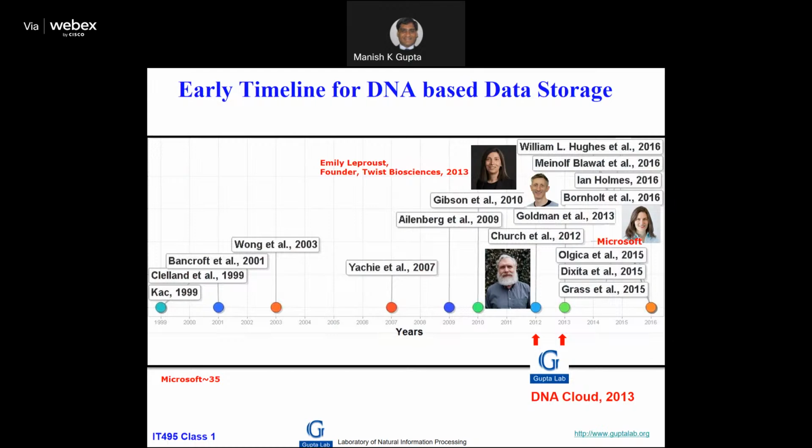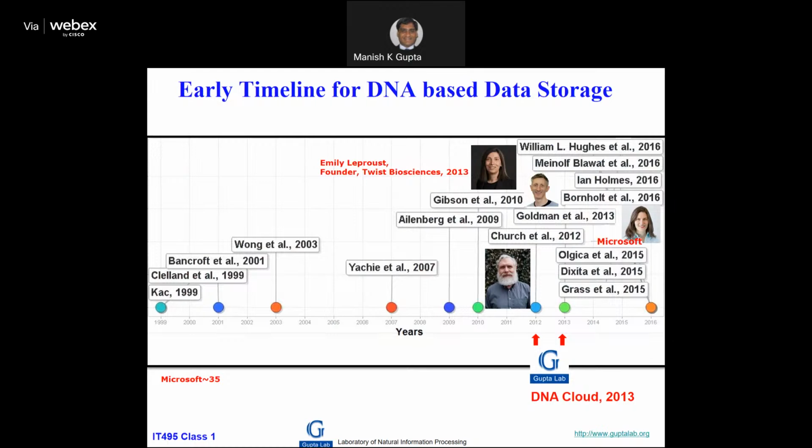Basically, this was remarkable work. Goldman and Emily, and some other people, did another work, the Goldman et al. paper. That's very important. We actually modified the Goldman paper in this software, DNA Cloud. You can look at the Wikipedia page where the entry is given, how this thing happened. After that, we have written some more papers, like this one from our group. This is Olgica, another person at UIUC. Robert Grass in Europe is still doing a lot of interesting things. These are very early papers, and these are the important ones.